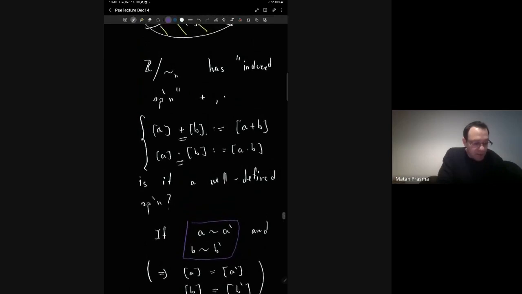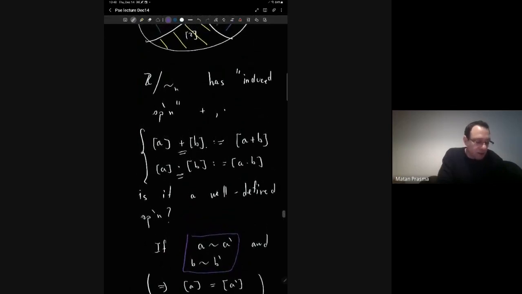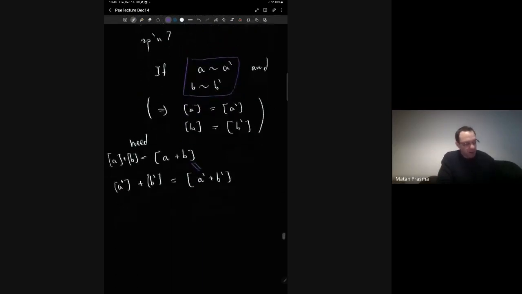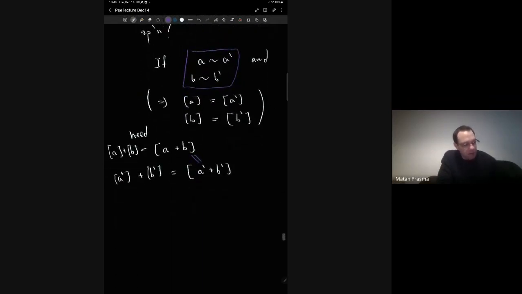But from basic properties of modulus, we know that it's indeed the case, right? Because in equivalence modulo n, it is satisfied because A is equivalent modulo n to B if and only if I can write A as